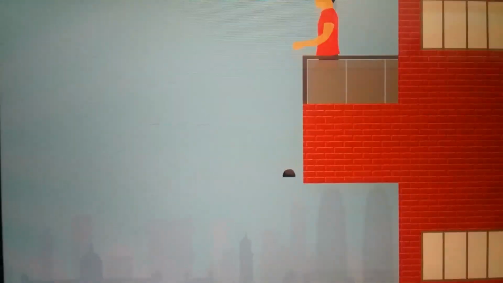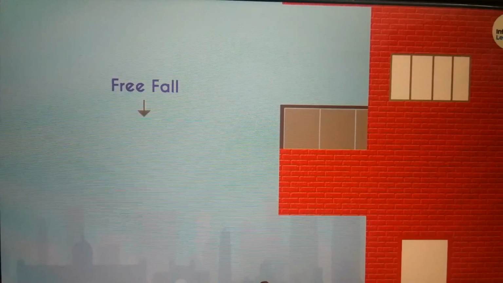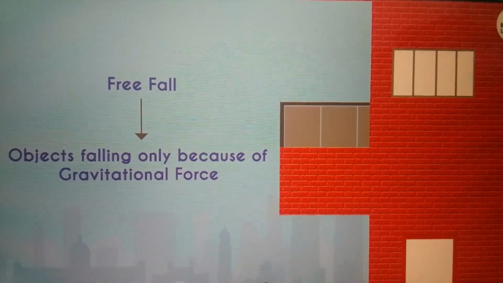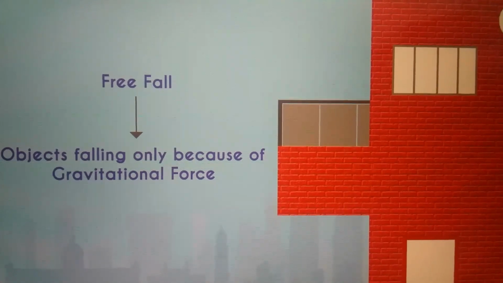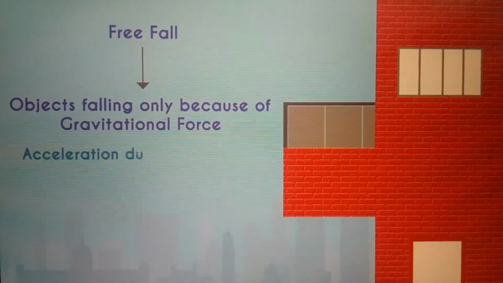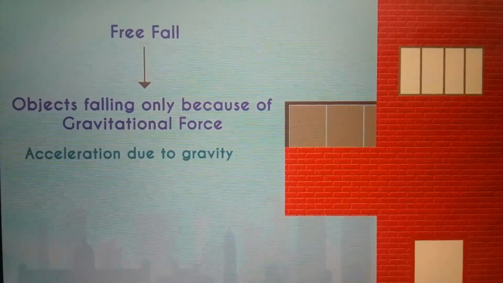When you drop a stone from your hand, it falls to the ground. It's an example of free fall. Whenever objects fall towards the earth under this force alone, we can say that the objects are in free fall. This stone accelerates towards the earth, and this acceleration due to the gravitational force of the earth is denoted by